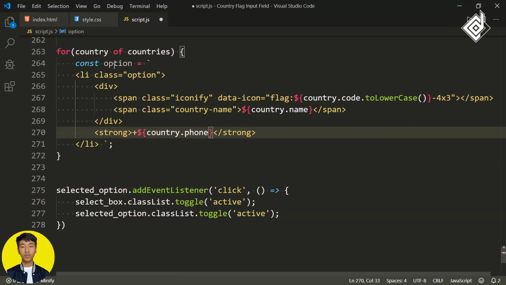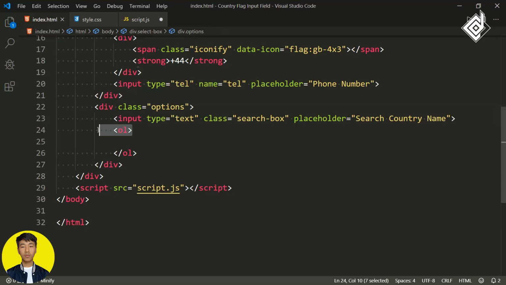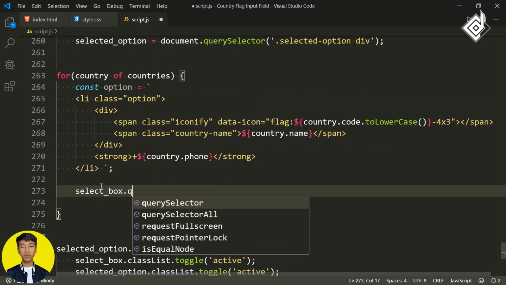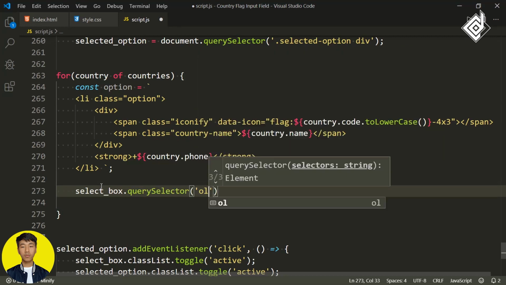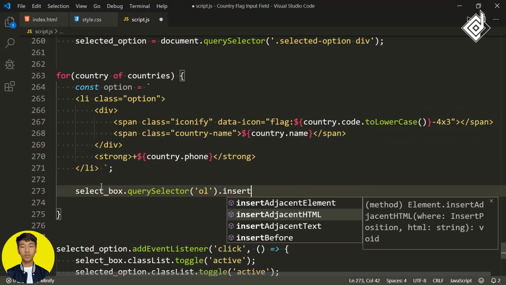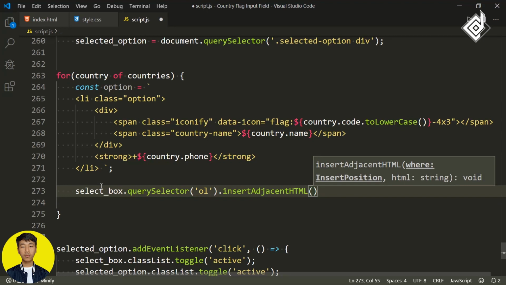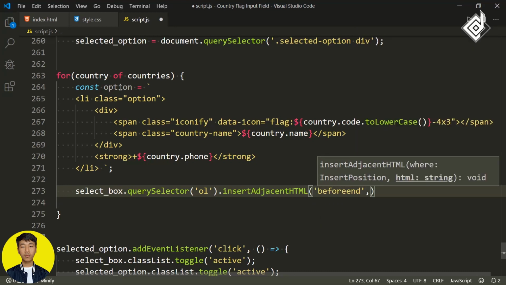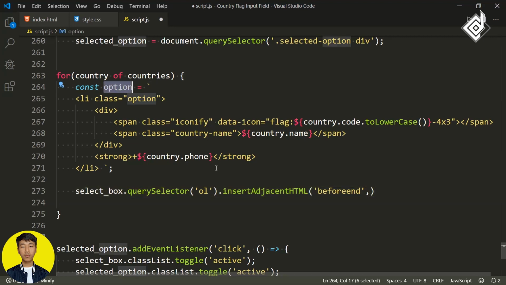As you can see, I have created list items and stored them within the variable named option. So it's time to append these elements within our ordered list. For that, we can take this variable name select box, and I'm writing dot querySelector. So let's select the ordered list, and again I'm writing dot insertAdjacentHTML. Now within this function, for the first parameter, you can give the position where you want to insert. So I'm giving beforeend, and for the second parameter, you can give that specific HTML element that you want to insert. In our case, let's give that same variable name option where I have stored